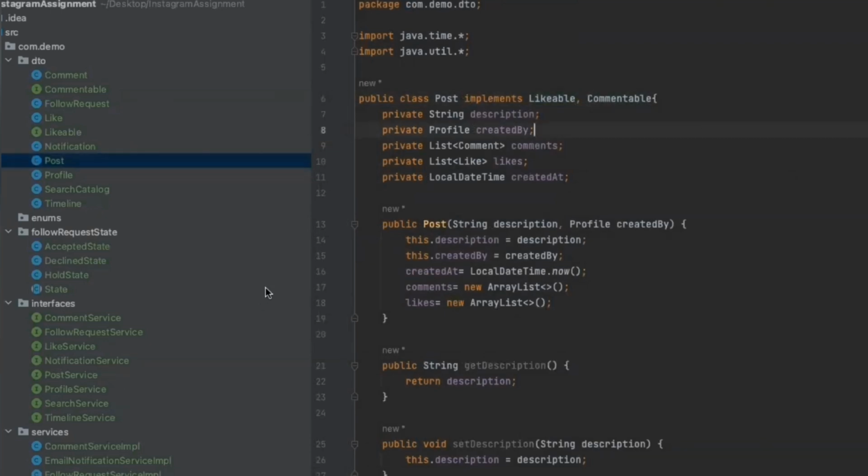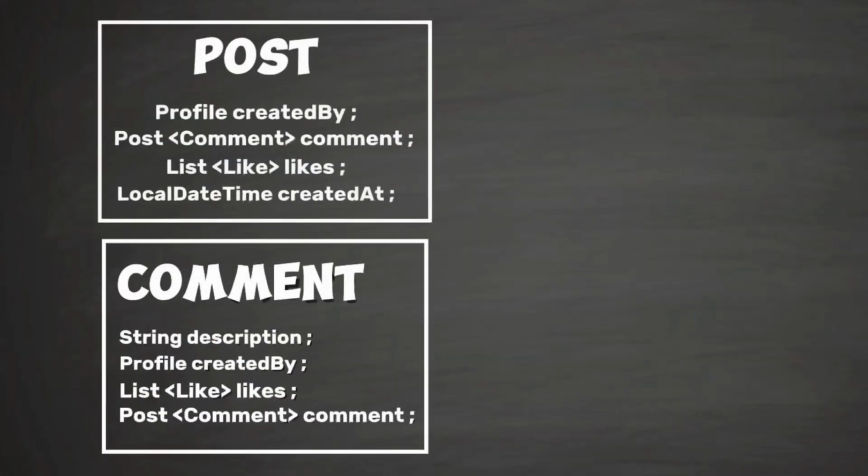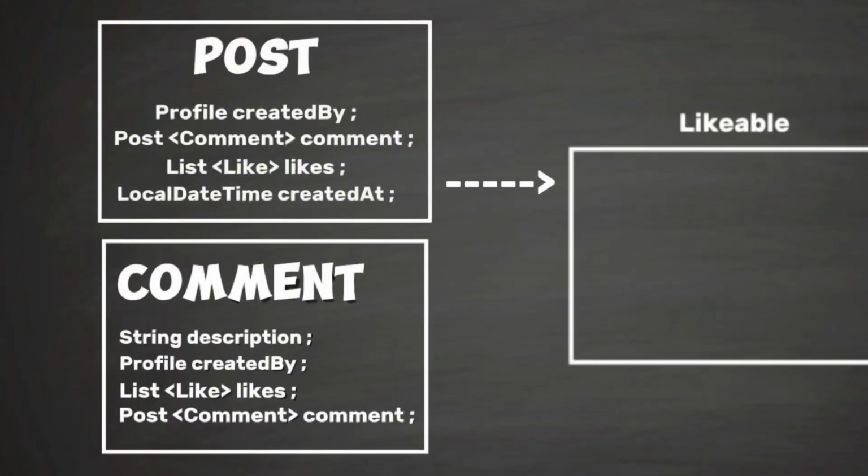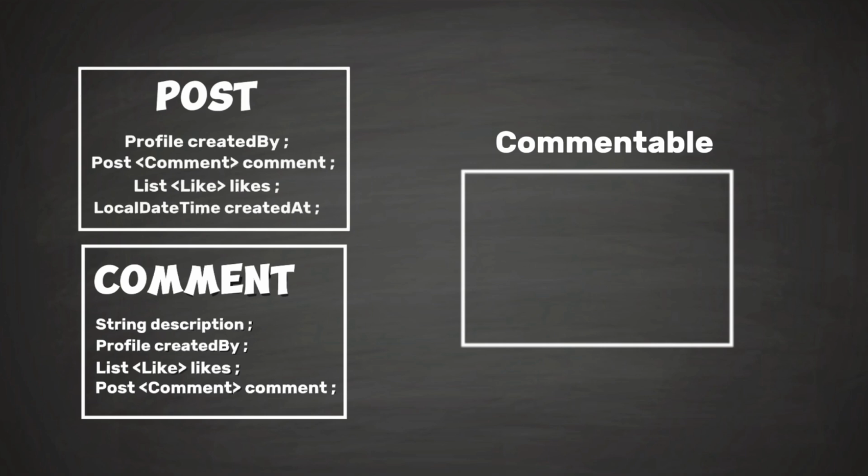And same ways post is also commentable, right? So now let's head back to our class diagram once again to see how our class diagram would look. So of course post would implement this likable, and of course we would add that function here, get likes. And of course comment would also implement this. Same ways we will make one more interface, commentable, and we would implement this also, and this should be good. We should add that function, get comment, and this would return us the list of comments.